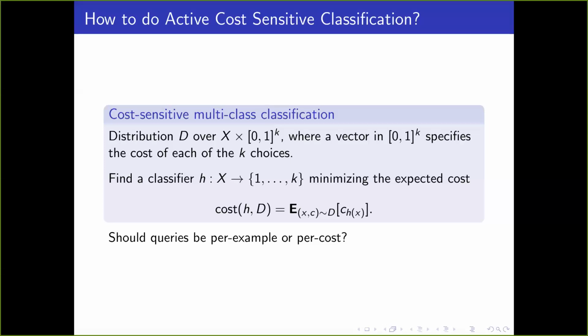I guess our feeling in thinking about this was there is a cost associated with every individual example that you want to query on, because somebody would have to look at that example and think about that example for a minute. And then there's an additional cost per label that you query. So what we analyzed was a linear combination of the two.